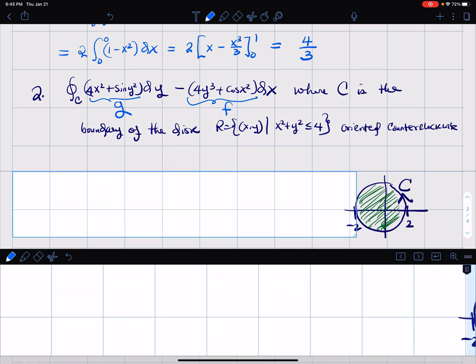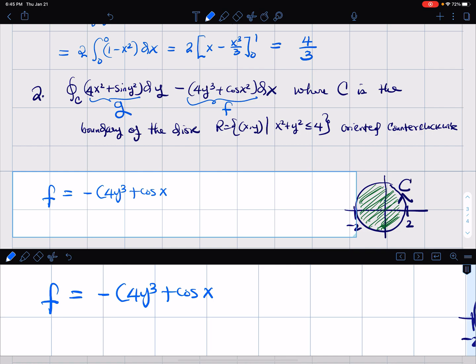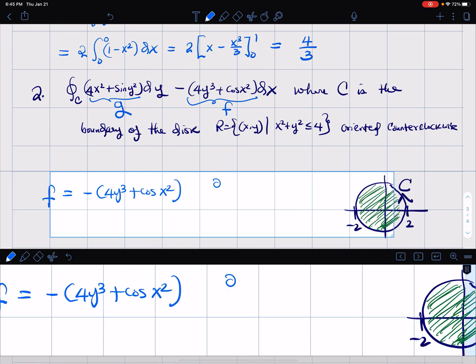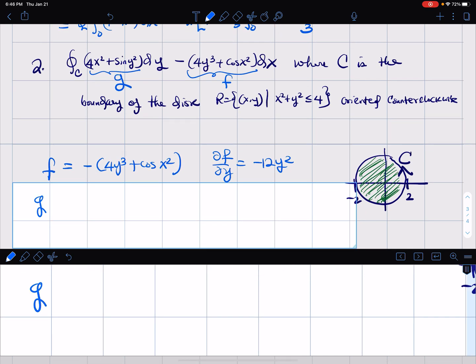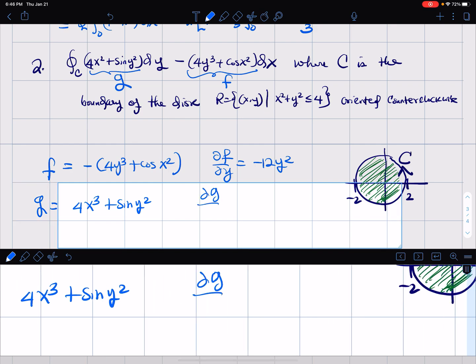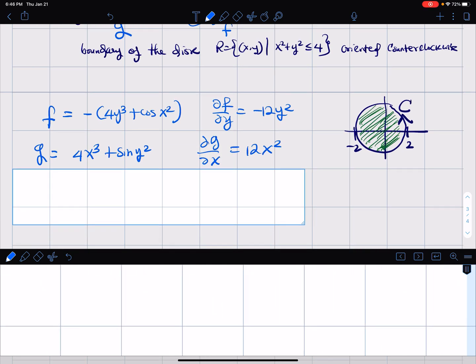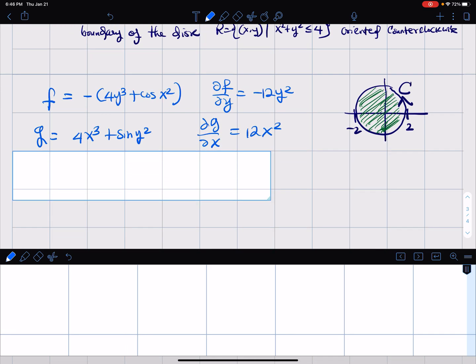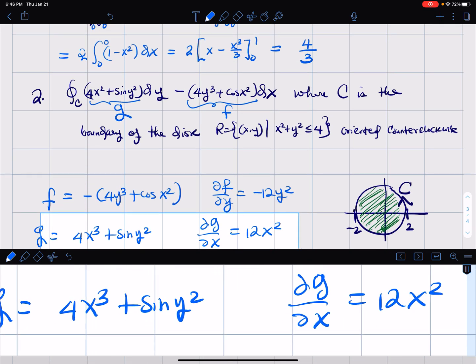All right, so our f is equal to negative 4y cubed plus cosine x squared. We need the partial with respect to y, which is negative 12y squared. And then our g is equal to 4x cubed plus sine of y squared. We need the partial with respect to x, which will give us 12x squared. Okay? Our integral now, this particular integral that we're asked to do,